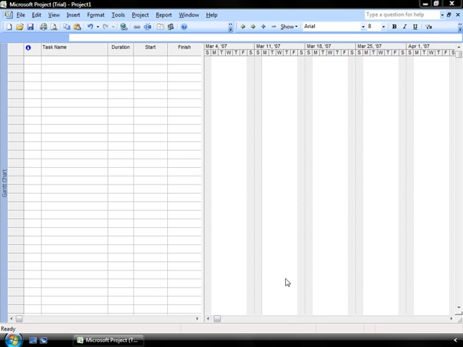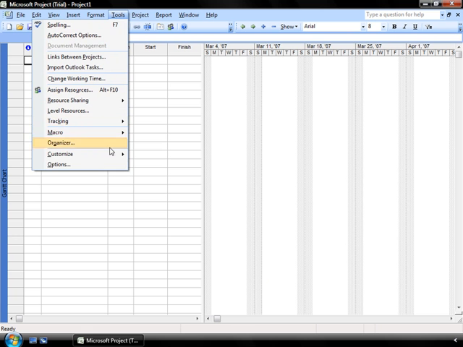Now that you've seen the initial overview of what the application looks like, let's customize it so that it works a little bit easier for you and has the information that you need at hand. We'll also see how we can set up some options to make project easier for you to work with. To do that, we'll go up to the Tools menu, and we'll select the Options command at the very bottom